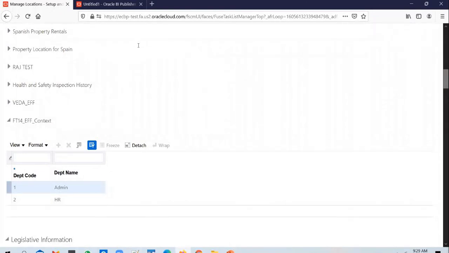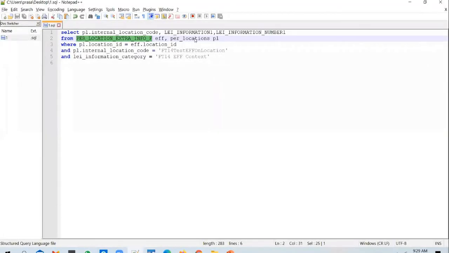And there will be a link between this extra information table and the per locations table in the form of location ID. So per locations is a base table, and you can link up these 2 tables using the location ID column, and you can select the location code that you have enabled.